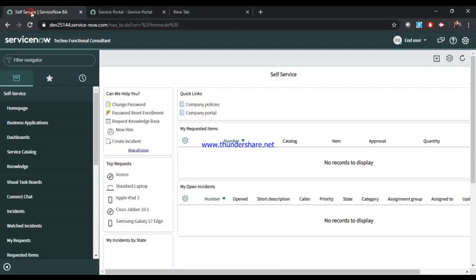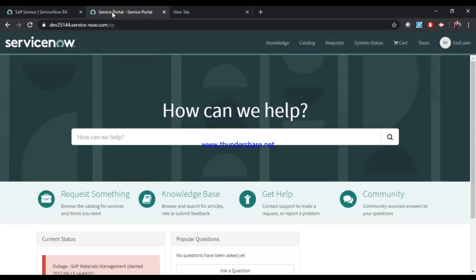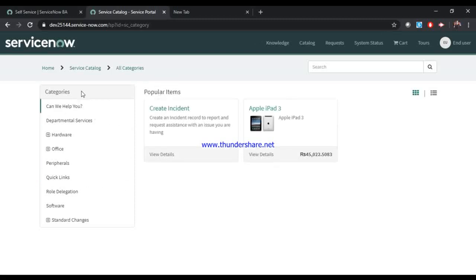For that, I open my ServiceNow personal instance and log in as an end user. I'll not say log in, I impersonate as an end user. Now I go to the service portal, I go to the something request. When I click on this, it will open popular items and other things. So I click on create incident